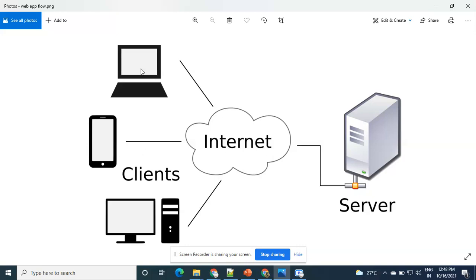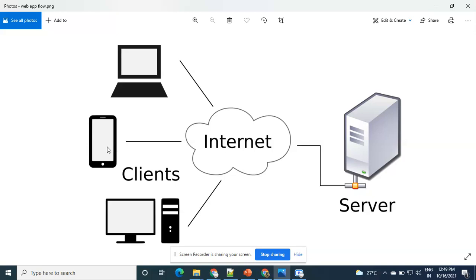Whenever the user sends a request from the browser to the internet, say I'm searching facebook.com, that means from the background we are going to send our server id. So the internet will check, is that server id there? Yes, we are connected to the internet. So it finds the server id, and it will send that request to the web server. Then the web server takes the request, processes it, and sends the response. It will send some files as part of the response, and all those files are rendered in the browser or